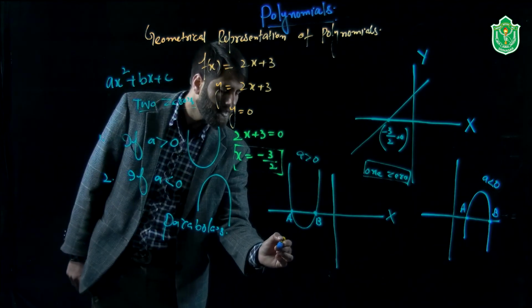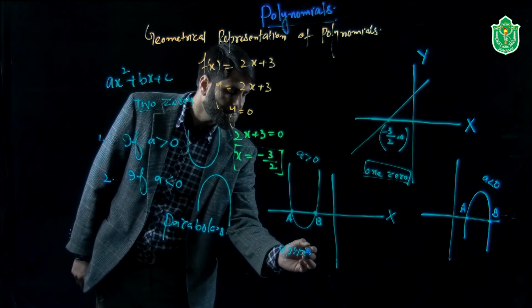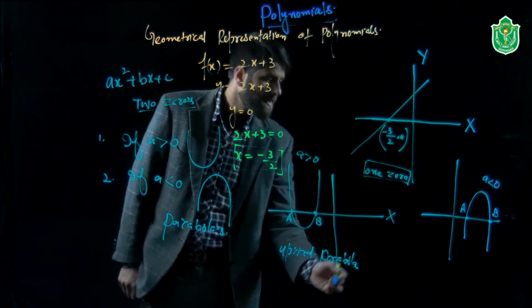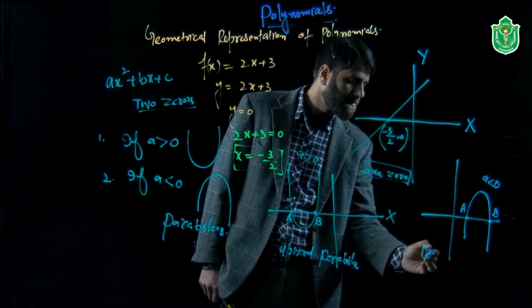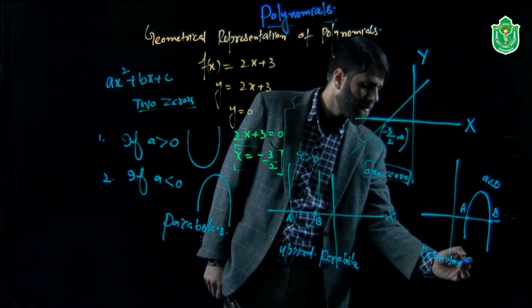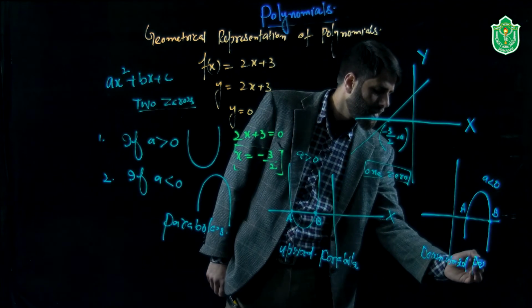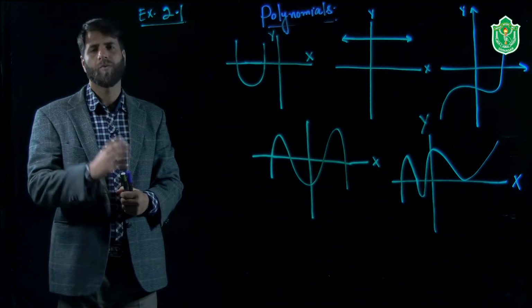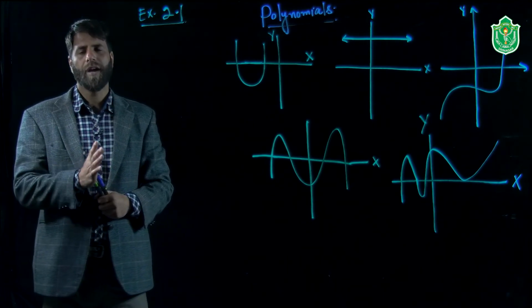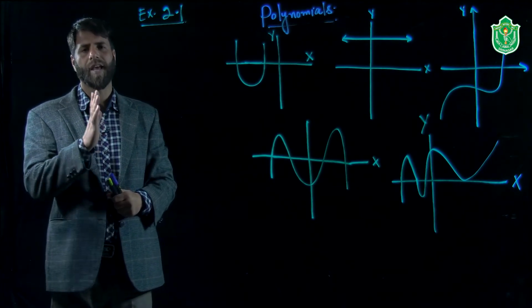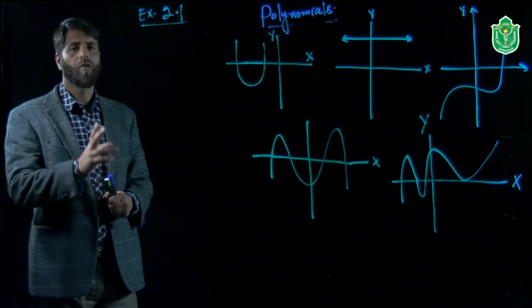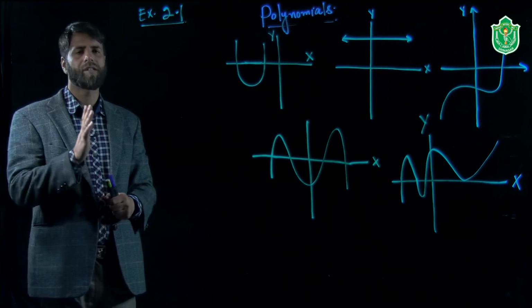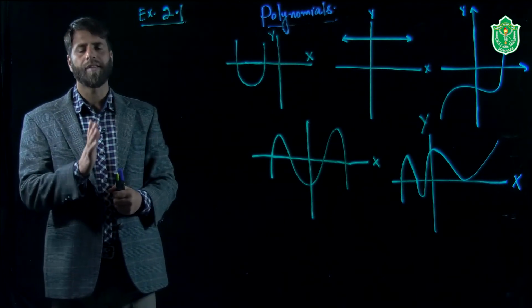Or we can write that it is an upward parabola. And this is called the downward parabola. So we have discussed the geometrical representation of the quadratic polynomial and linear polynomial. You know that a linear polynomial intersects the x-axis in exactly 1 point. Second, the quadratic polynomial intersects the x-axis at exactly 2 points. It depends upon the sign, whether a is greater than 0 or a is less than 0.